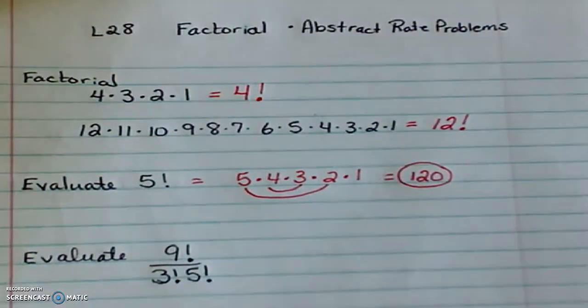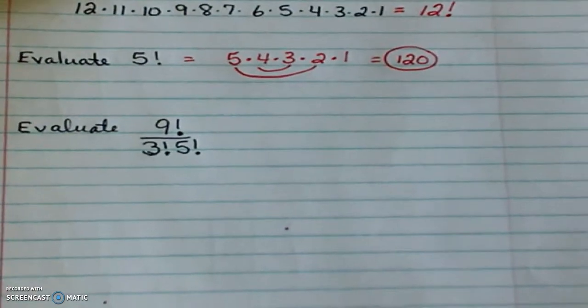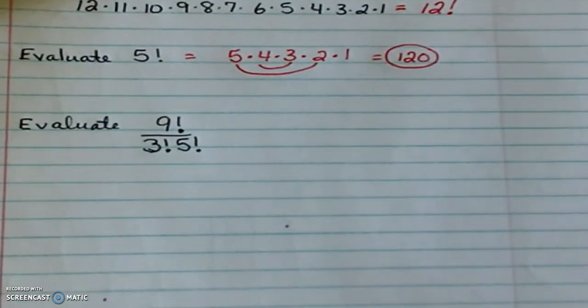So if they said evaluate 5 factorial, that is 5 times 4 times 3 times 2 times 1. So 4 times 3 is 12, 5 times 2 is 10, 12 times 10 gives you an answer of 120. Now they're also going to ask you to evaluate, without using a calculator, something like 9 factorial divided by 3 factorial